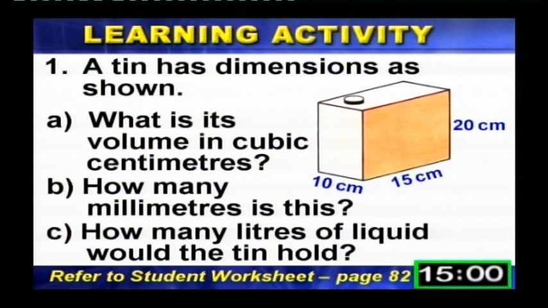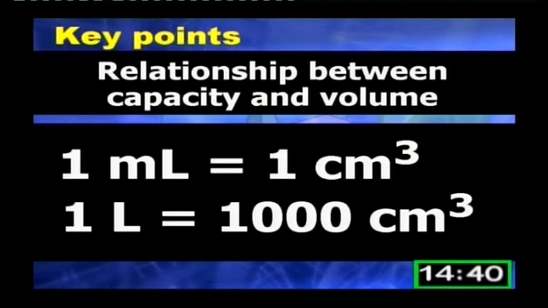So firstly, calculate the volume in cubic centimeters. B, how many milliliters is this? And C, how many liters of liquid would the tin hold? Okay, remember, you have to get the relationship first of volume and capacity. 1 milliliter is equal to 1 cubic centimeter. 1 liter is equal to 1